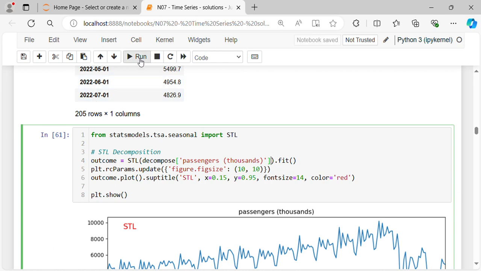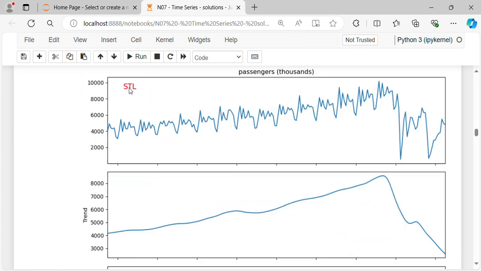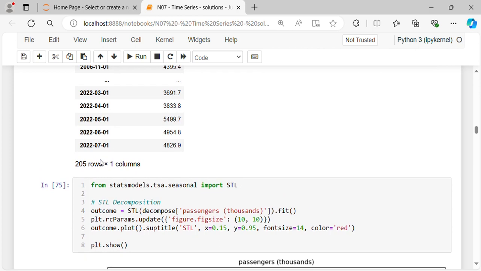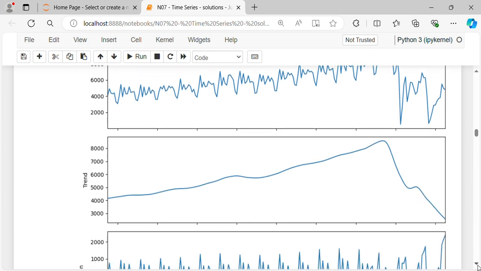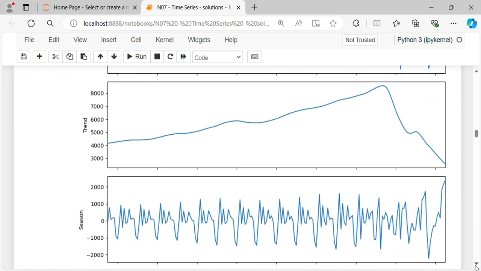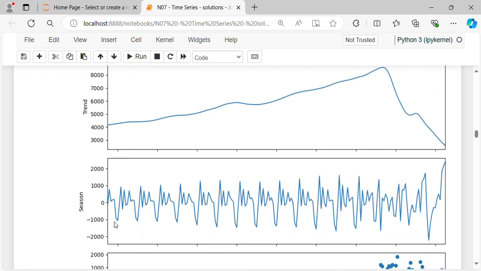So if I run that, I get the observed values, passengers in thousands, and then I get the trend. We can see the trend increases and then decreases. And then we look at the seasonal. Looking at the seasonal, we see that